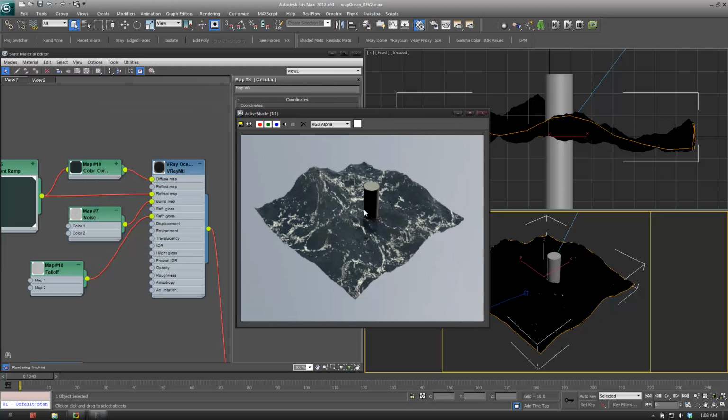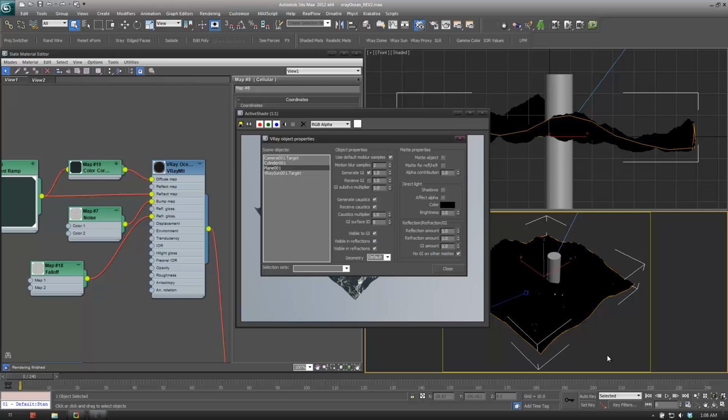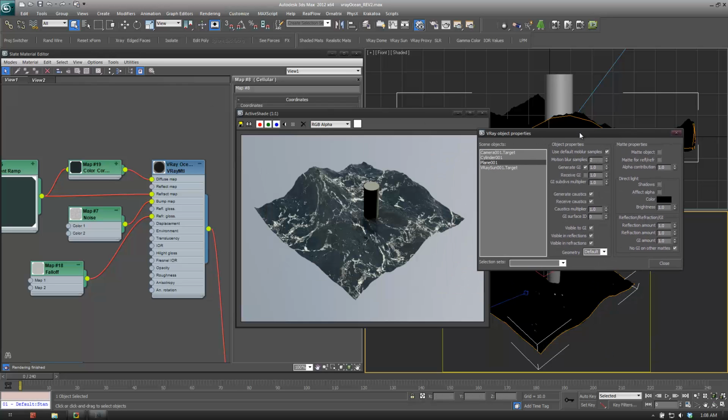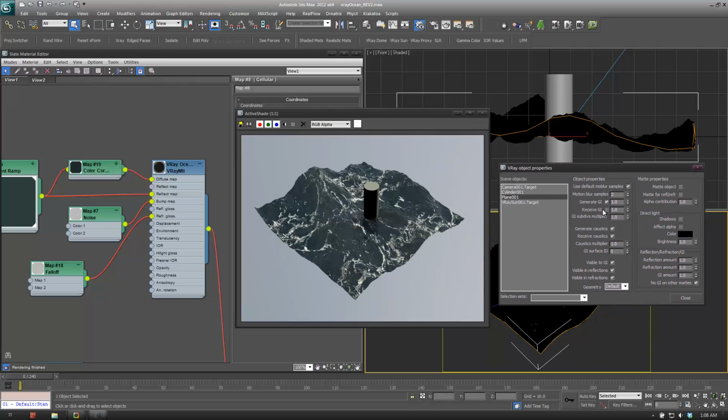There's no global illumination at the moment. So that's why it looks pretty crap. But if you right click and go to your V-Ray properties for the ocean object, if you leave generate GI on but turn receive GI off, it means that it will send out global illumination samples but won't be receiving any,